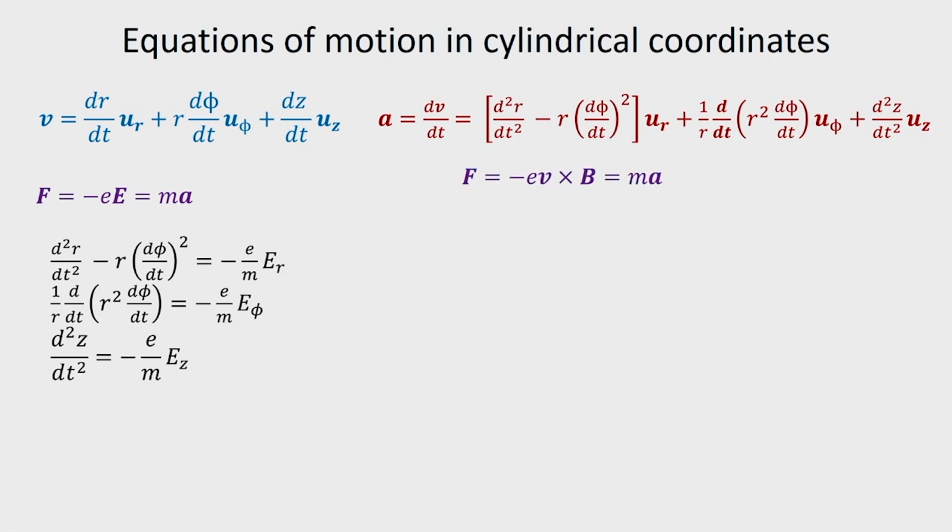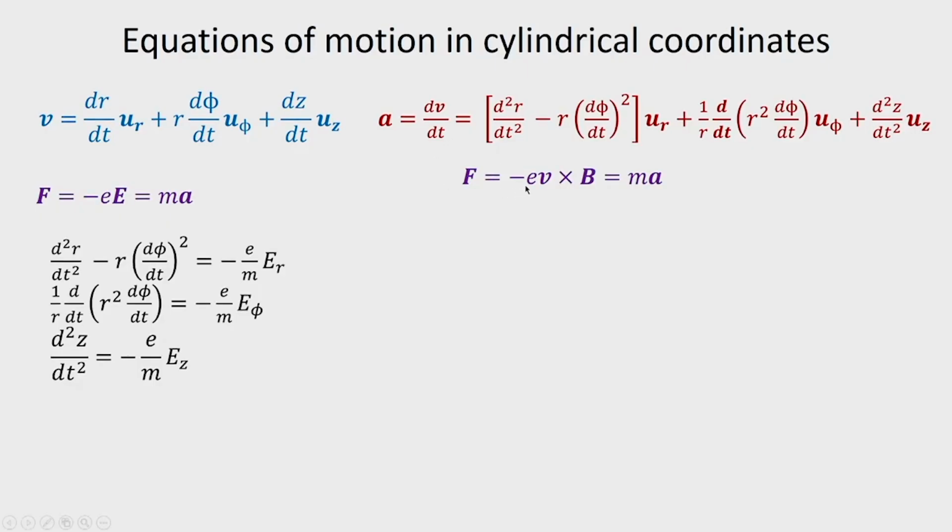When an electron moves with a velocity v in a magnetic field, the force that acts on it is given by minus e v cross B, and that can be written as m a, and once again using the relation given for A, we can write